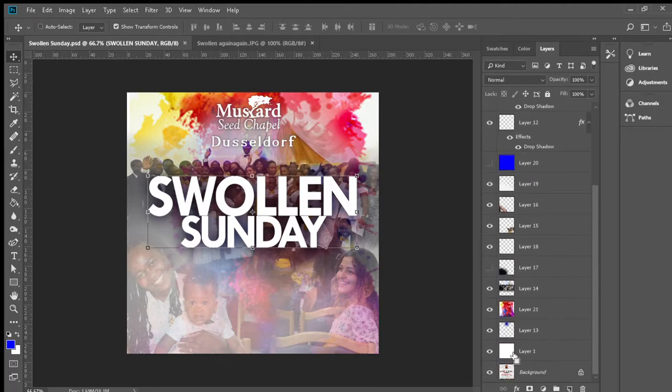So I press and hold Control and then select the background as well. What I'm going to do is align swollen to the background to make sure it's at the center of the background. So I'm hitting this tool, and you see it shifted slightly, so it's centered. Sorry, Pepepe is a Ghanaian term that means exactly. So yeah, it's centered now. I wanted to do that because I'm going to introduce new text down here, and I'm going to add some